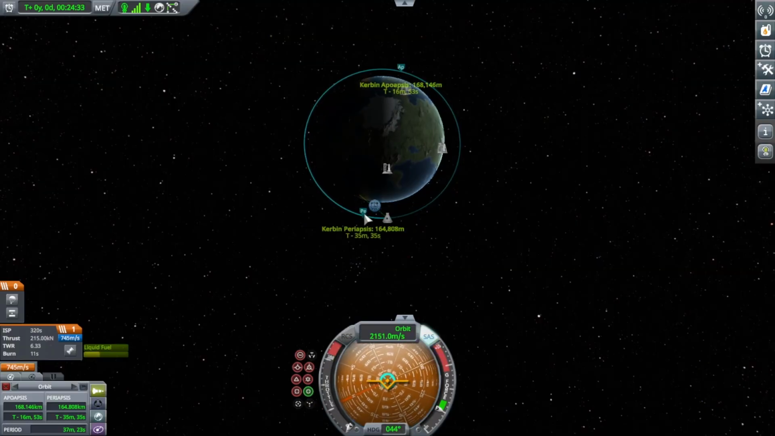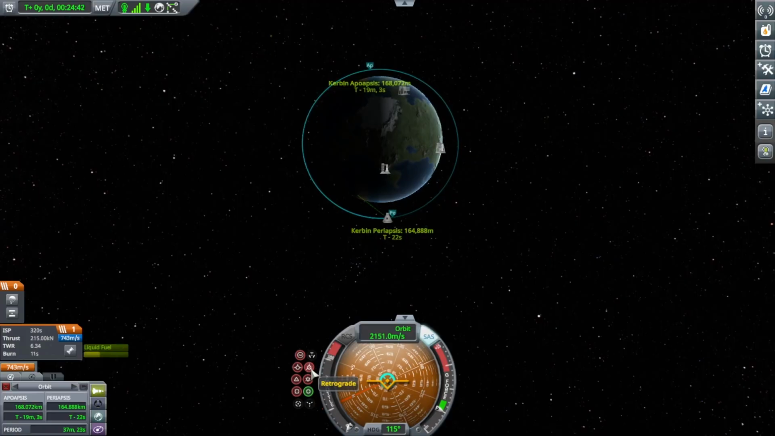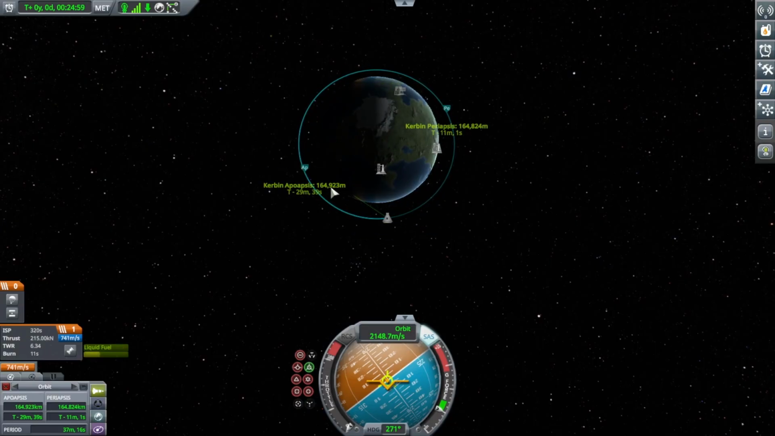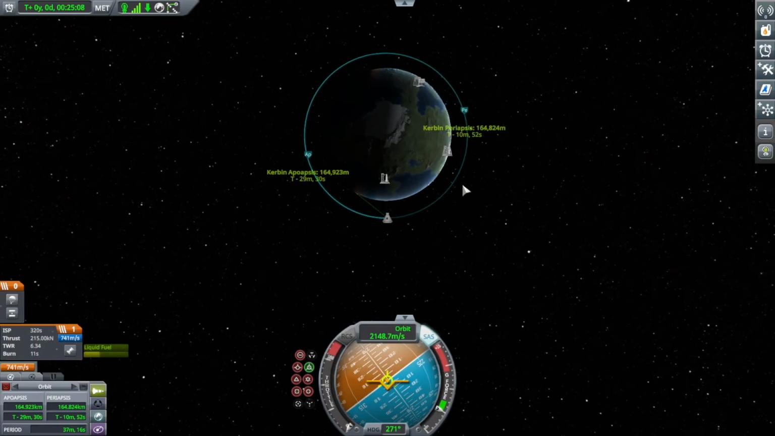If we want to get it really perfect, what we can do is go radial in. That'll bring our periapsis back in front of us. Then we can quickly go retrograde. Wait till we're right at it, 15 seconds away. Close enough. Let's just tap that throttle again. And look at that. So 164,923, 164,824. So 100 meters. We got that orbit pretty darn circular, just by using prograde to raise the orbit on the opposite side,